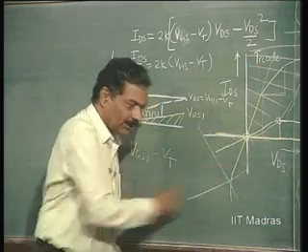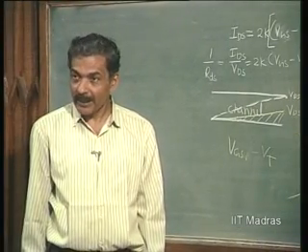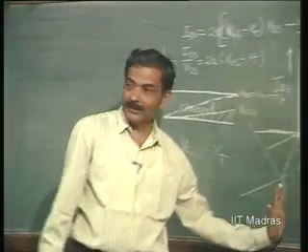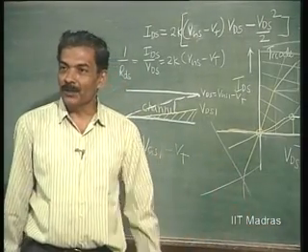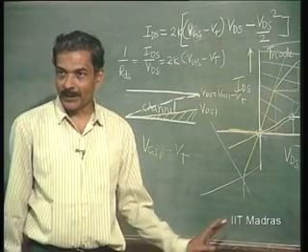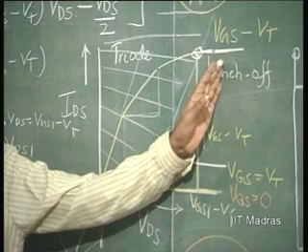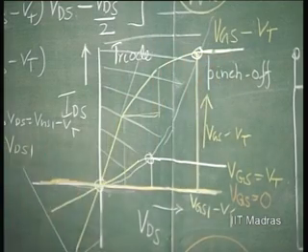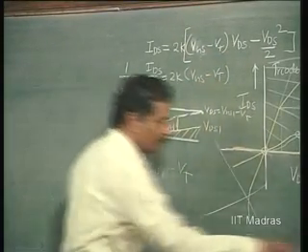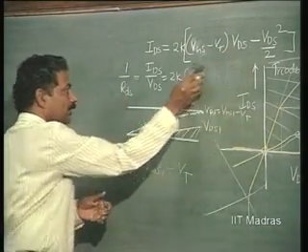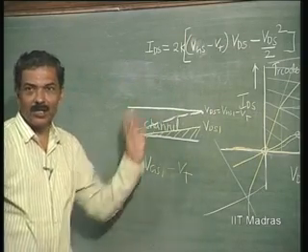Therefore, this region is not suitable. The current never goes to saturation, it keeps increasing. So, in this region, the third quadrant, it is not suitable for FET action. It is suitable for FET action only in the first quadrant. So, that is the nonlinearity, and therefore it no longer is a linear resistor as depicted here. This formula is not valid because it is nonlinear.